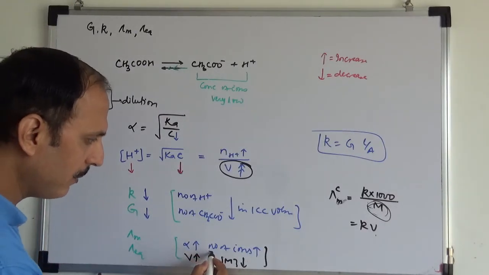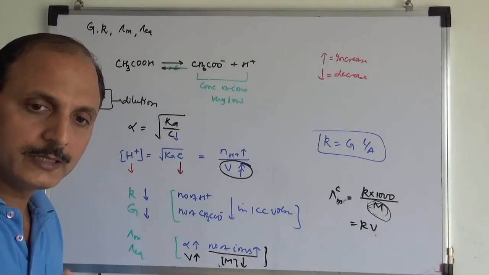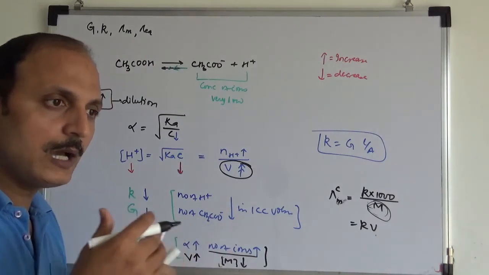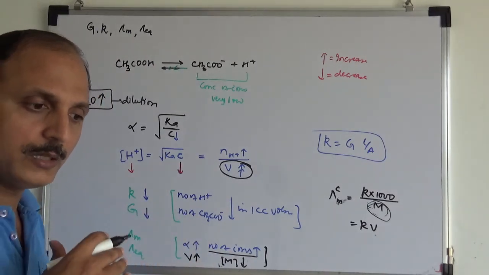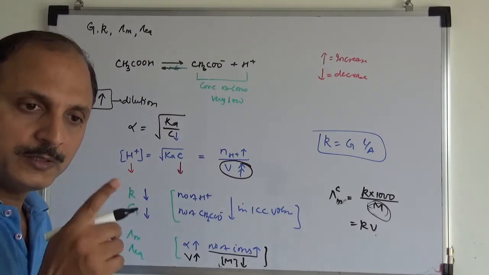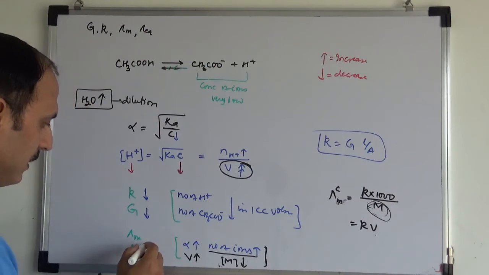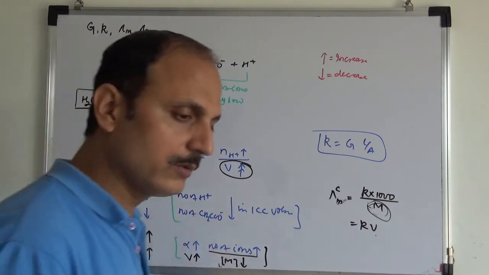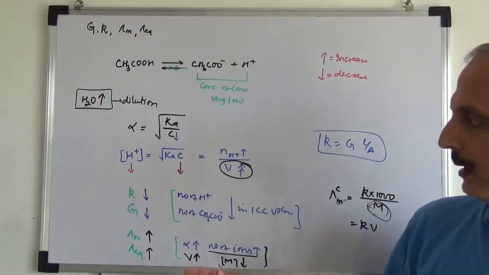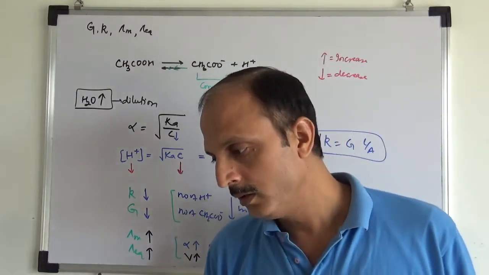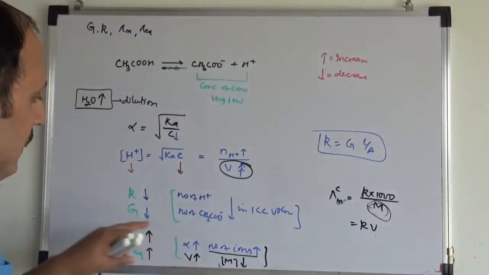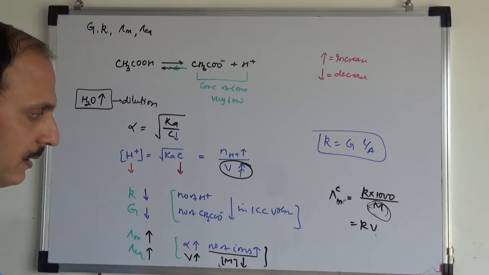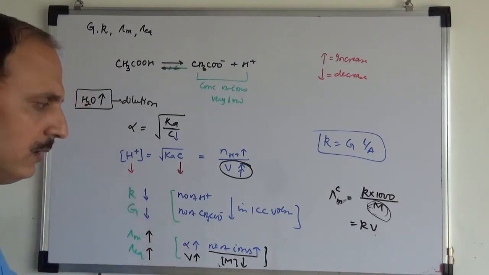Here you can see the number of ions increased, and since it's a weak electrolyte, the volume is also increasing, so the average distance between the ions is increasing. There is no problem in the flow of the ions, meaning oppositely charged ions will not restrict their flow. As a result, this is going to increase. When you dilute the electrolyte, as in the last case also, these values increase and these values decrease. In both cases it is the same trend. But see how it increases, and listen to this again by repeating it, okay?